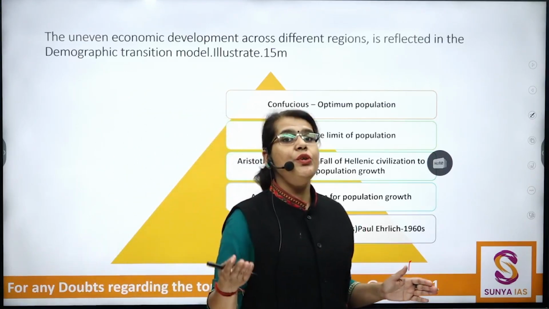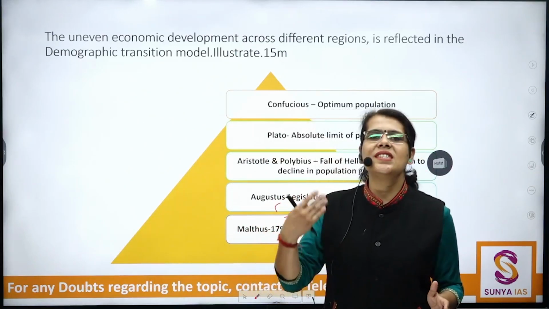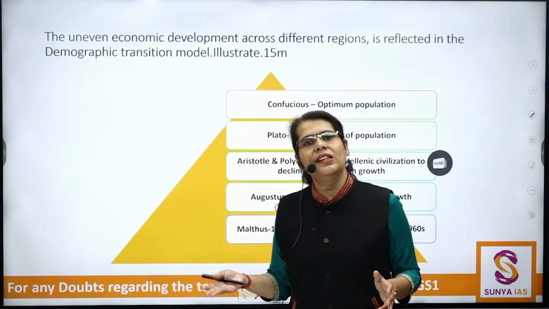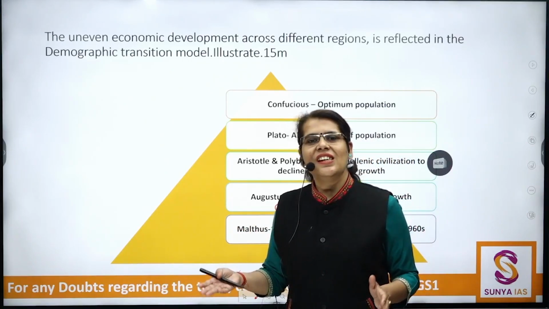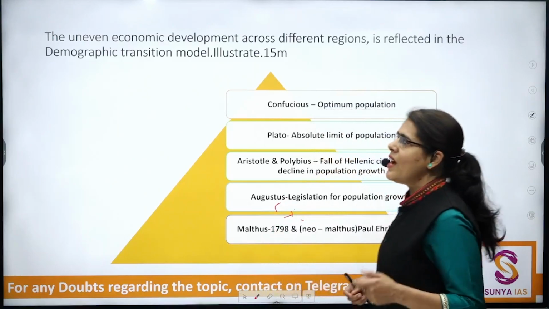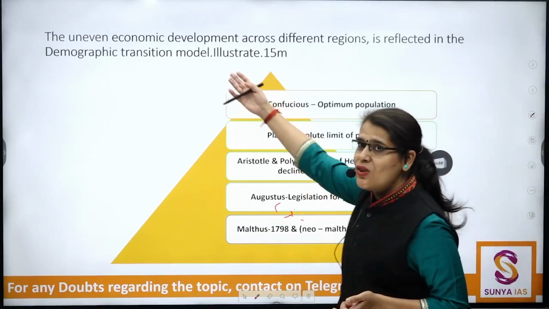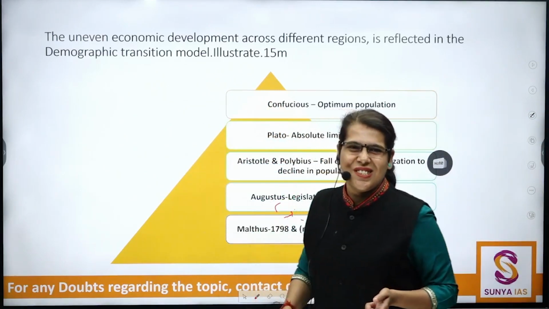And even if they don't ask you the DTM model explicitly, you must include certain discussions even in the context of urbanization, even in the context of migrations, etc. Okay, this is kind of a potato to be used in any of the answers, in the context of the demographic transitions, not anywhere.